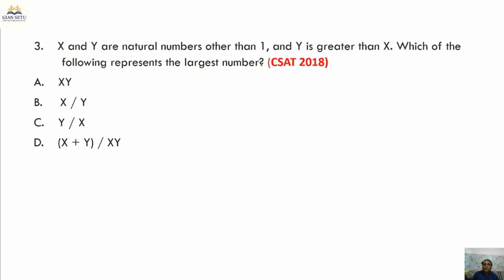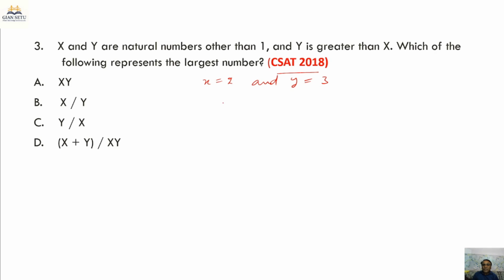If x and y are natural numbers other than 1, okay, y is greater than x, which of the following represents the largest number? Okay, so this question was asked in UPSC CSAT 2018. Now we can randomly take two values. For x, let's have x is equal to 2 and y is equal to 3. Okay, now we can place the values of x and y in all these options and verify